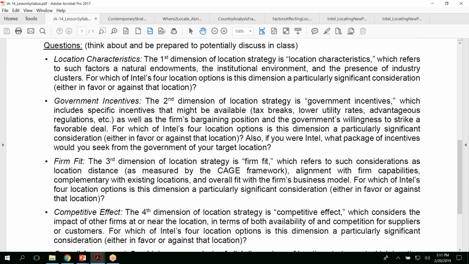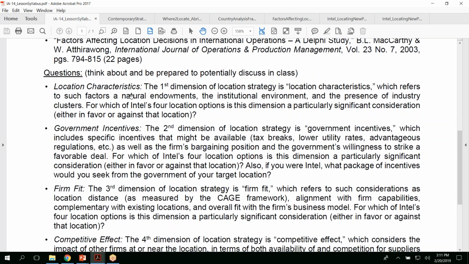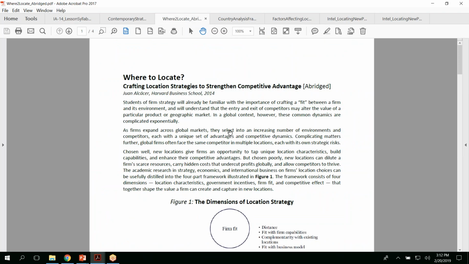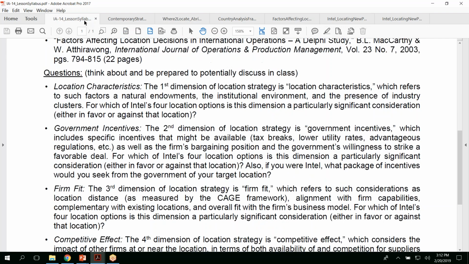And they actually correspond to the pre-class survey, which I'll show you in a second. So the discussion questions are simply go through each question for each of the characteristics that is part of the framework that they have in their reading. So remember, going back to this reading here, the dimensions of location strategy: location characteristics, government incentives, firm fit, and competitive effect, right? So they're then asked, okay, in terms of location characteristics, I asked them, for which of Intel's